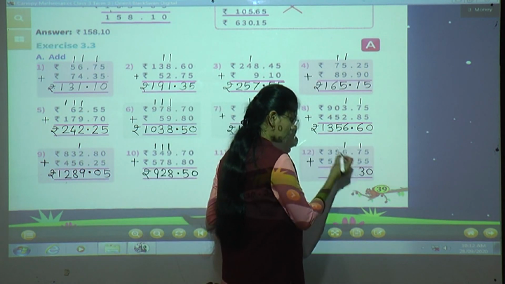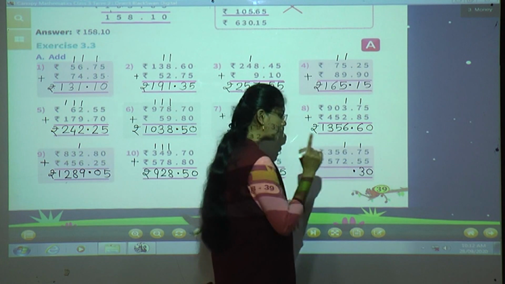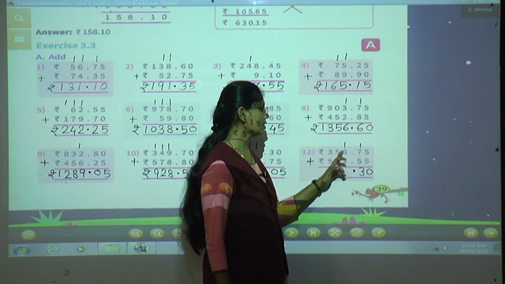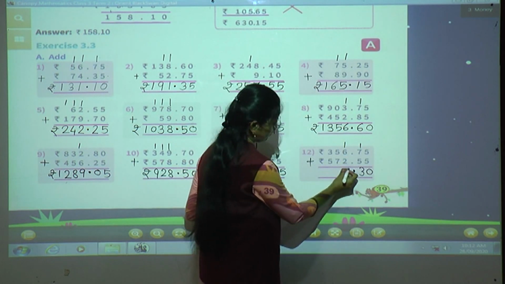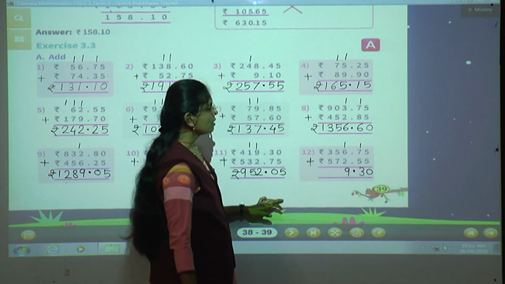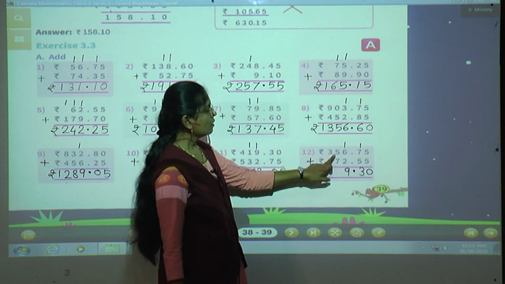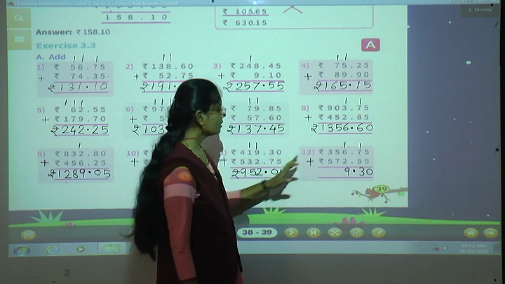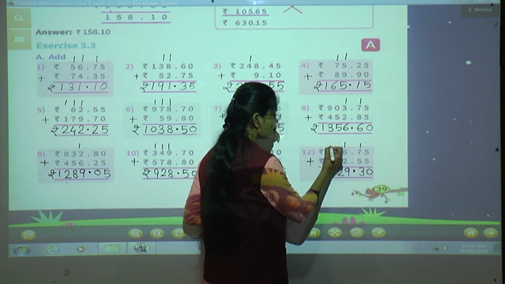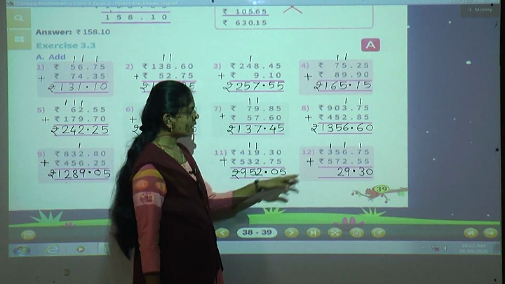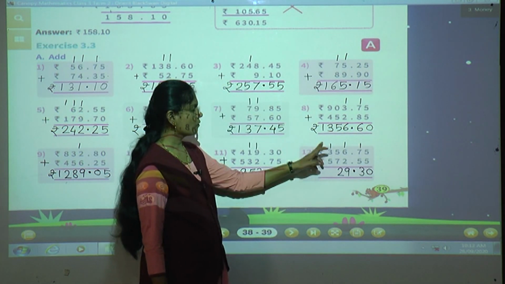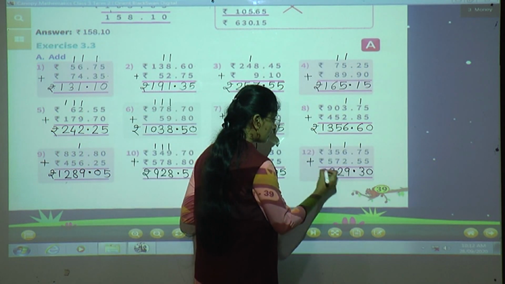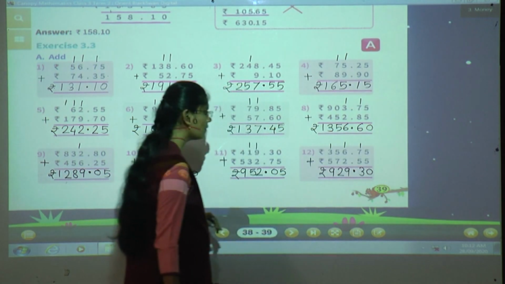Now here dots are there. So in the answer also we will give a dot, one below the other. Then 1 plus 6, 7. 7 plus 2, 9. So write here 9. Next place, here 5 is there and here 7 is there. So 5 plus 7, 12. So write here 2 and 1 as a carry to the next place. Then 100s place remaining. 1 plus 3, 4. 4 plus 5, 9. And then finally we have to give a symbol of rupees.